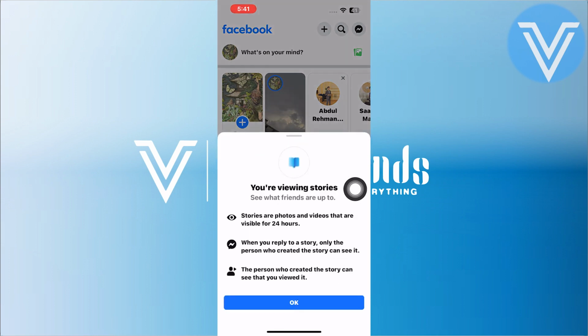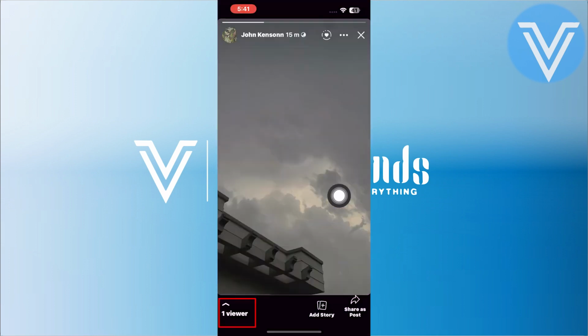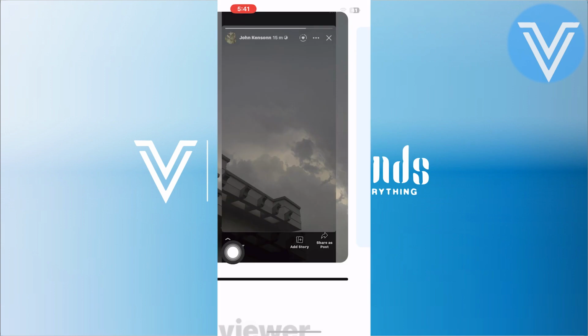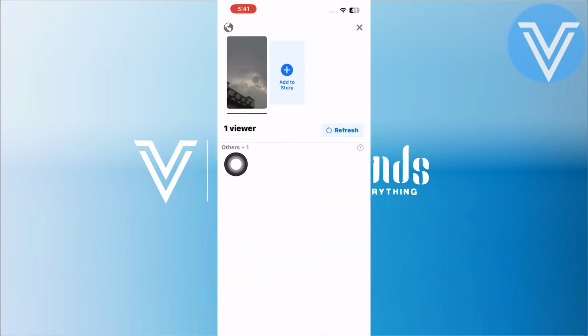After opening the story, you will be able to see the viewers from the bottom left corner. Simply tap on the viewer icon from here and you will be able to see who viewed your story first. As you can see, my story is viewed by others, so there is one view from someone who is not